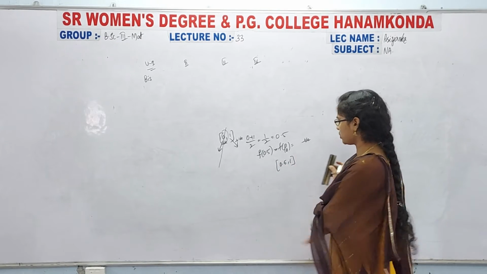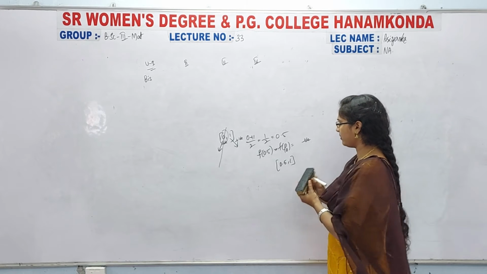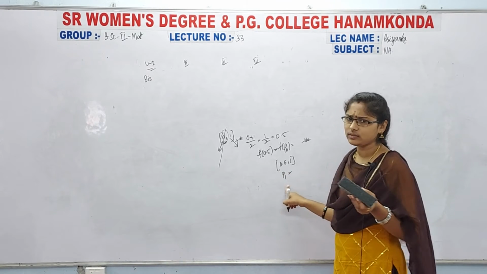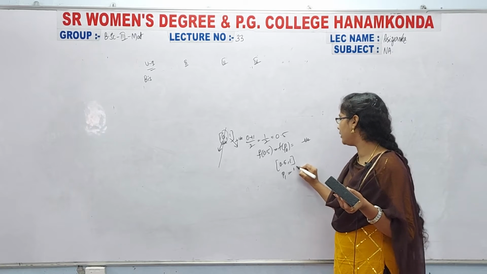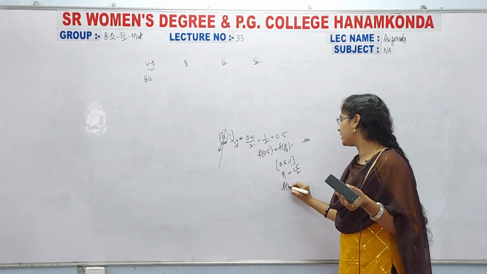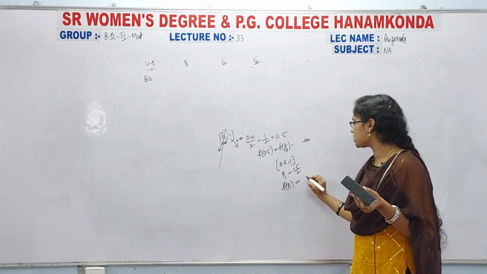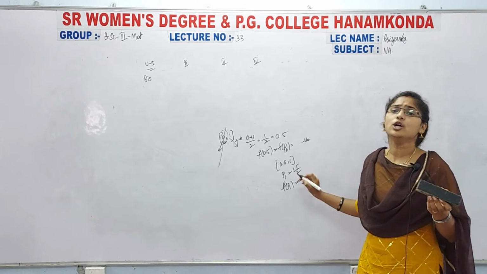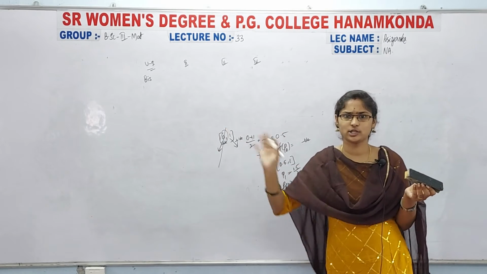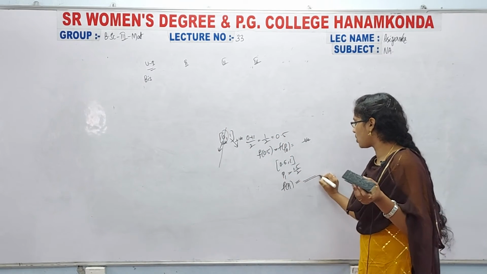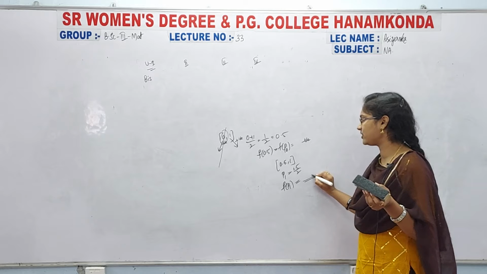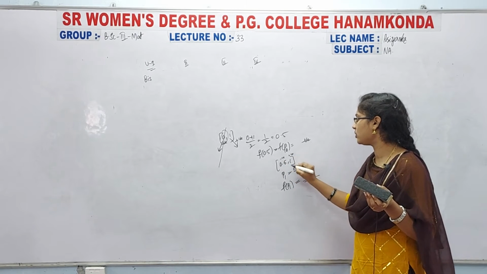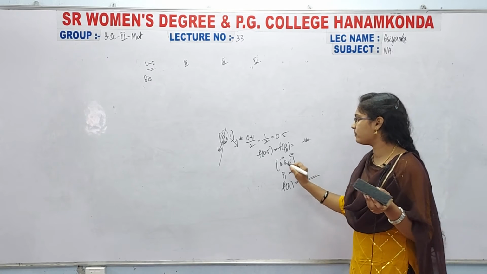Like this, the same procedure again: you have to calculate p1. p1 is nothing but 0.5 plus 1 by 2, that means 1.5 by 2. Then next you have to calculate f of p1. You just have to check whether the values of f of p1, p2 and so on are less than 0 or greater than 0. That's it. For example, if it is positive, now here already one is negative and one is positive, we have to ignore this positive value and take this value.